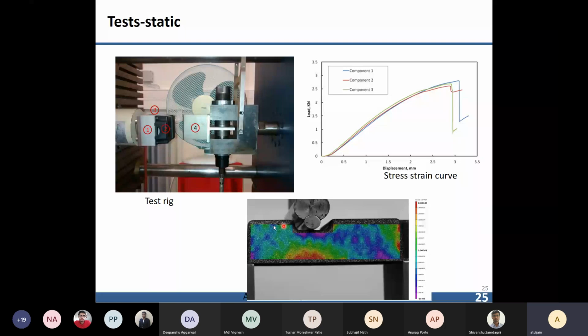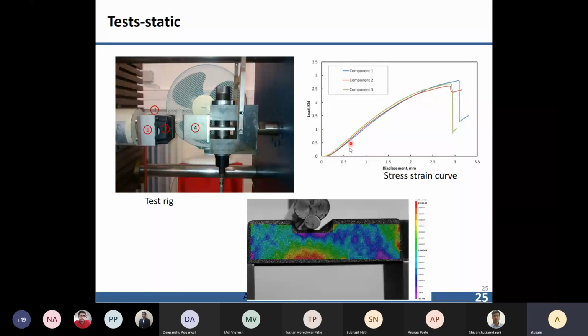If we put some black and white speckles, there is a high speed camera which is tracking how these black and white dots are moving. Based on that, you can calculate the strain at every point. This is known as digital image correlation. With a very high speed camera, you are taking thousands of photos per second, and based on pattern recognition, you can tell how this black and white pattern is deforming. So you can calculate the strain at every point. Based on this, we calculated the load displacement curve, which looks like this.